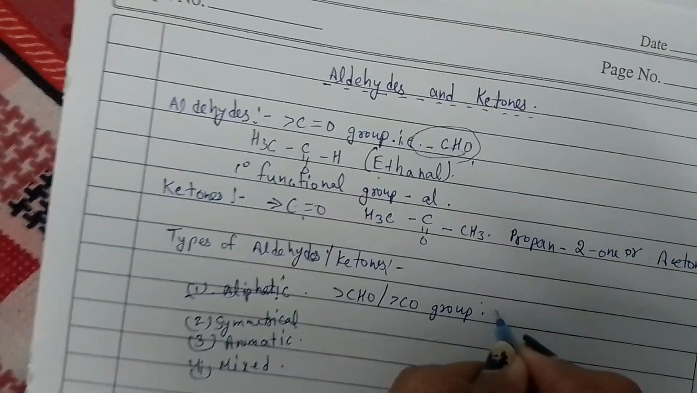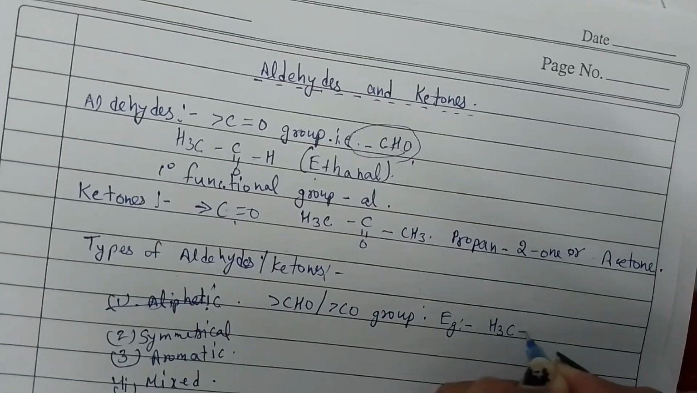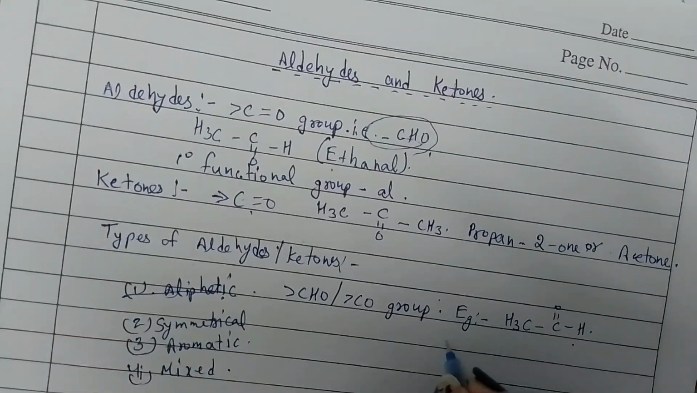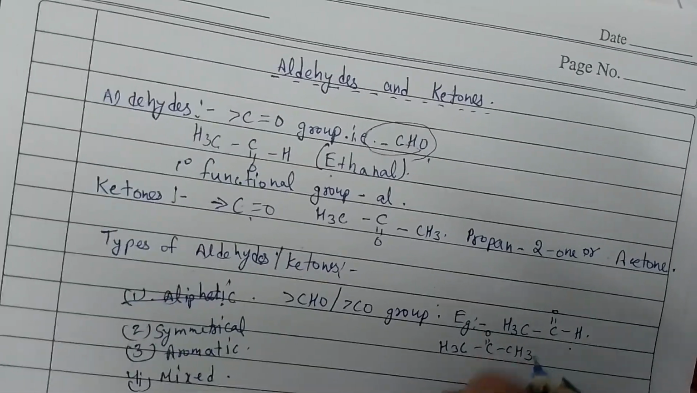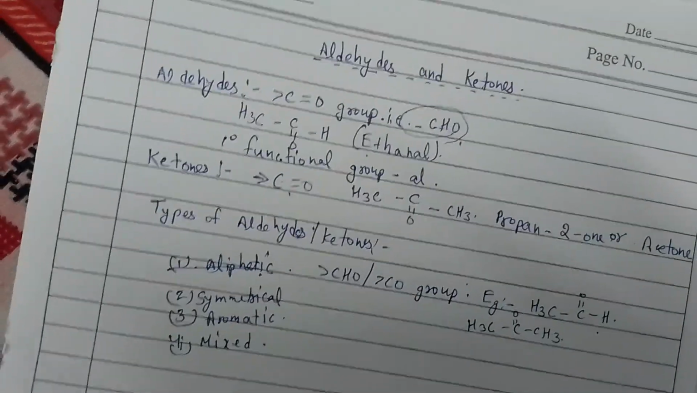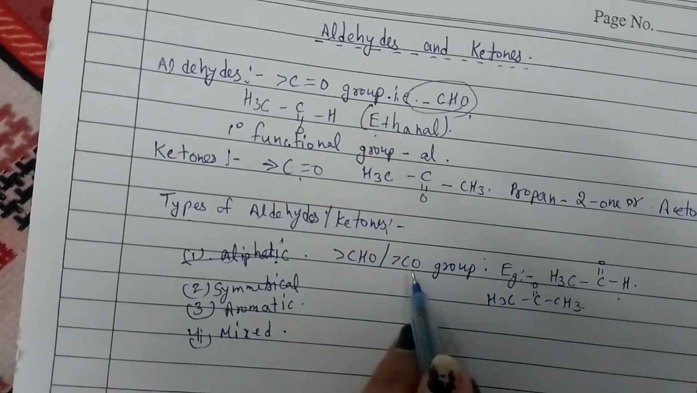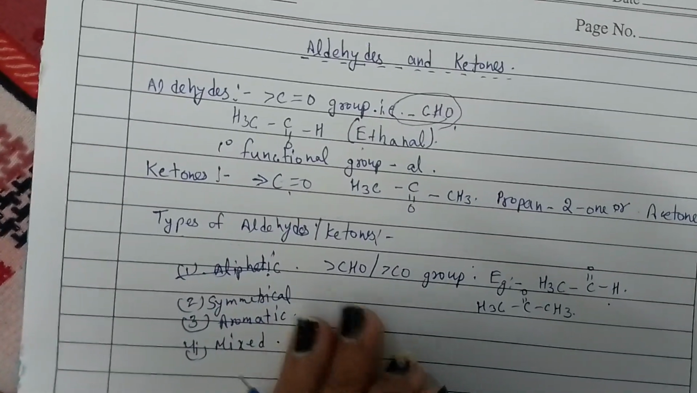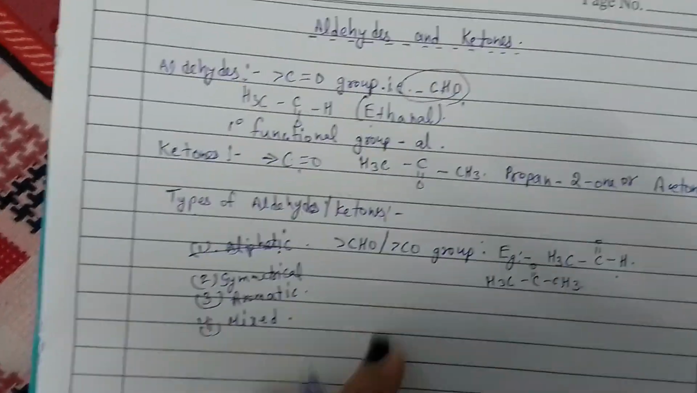For example, now we will see the example of this. CH3 C double bond OH, this is simply ethanal, and the second one is CH3 C double bond O CH3, this is propane 2-one or simply acetone. The aldehyde or ketone which are formed by the replacement of one or more hydrogen atoms from the aliphatic hydrocarbon by the CHO or CO group are called aliphatic aldehyde or ketone. Next is